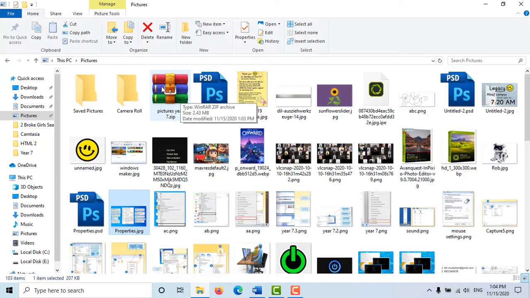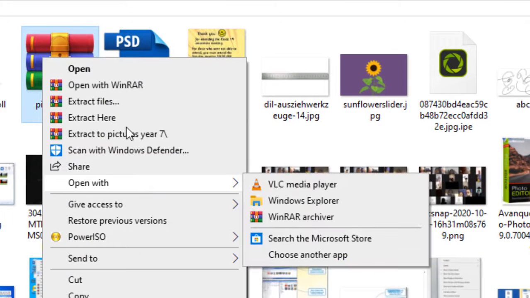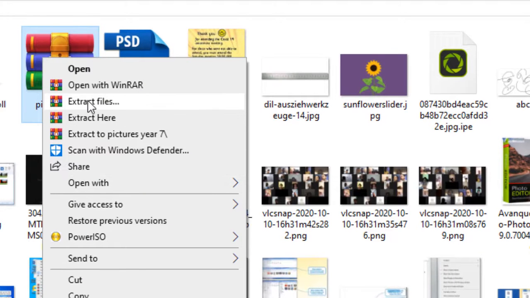So now I have a compressed file over here. Now I want to uncompress them. The word is extract. I want to extract them. So I'm going to right click and you'll find the options Extract files, Extract here, or Extract to pictures. This one is just going to extract it in the same folder,